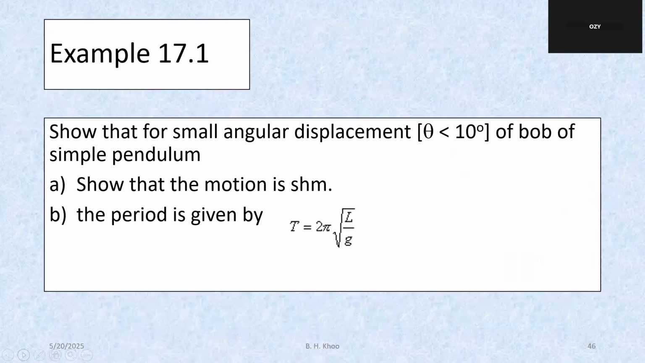Show that for small angular displacement less than 10 degrees of the bob of a simple pendulum, show that the motion is simple harmonic. The period is given by